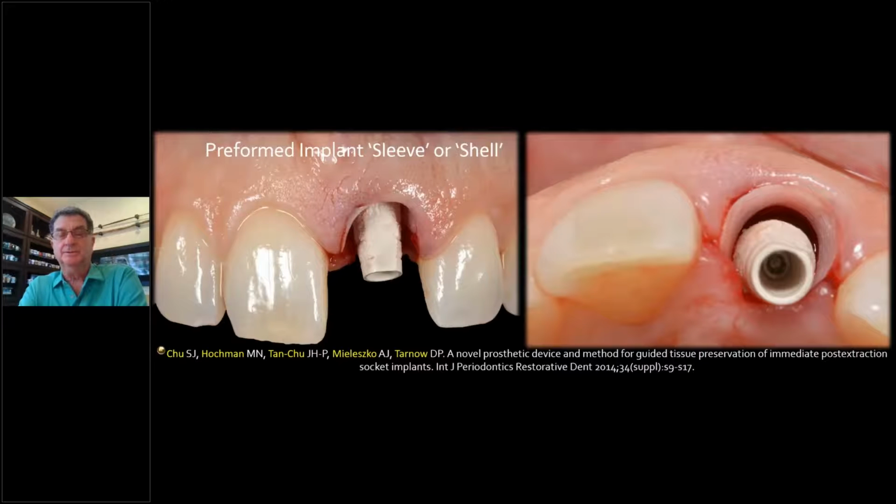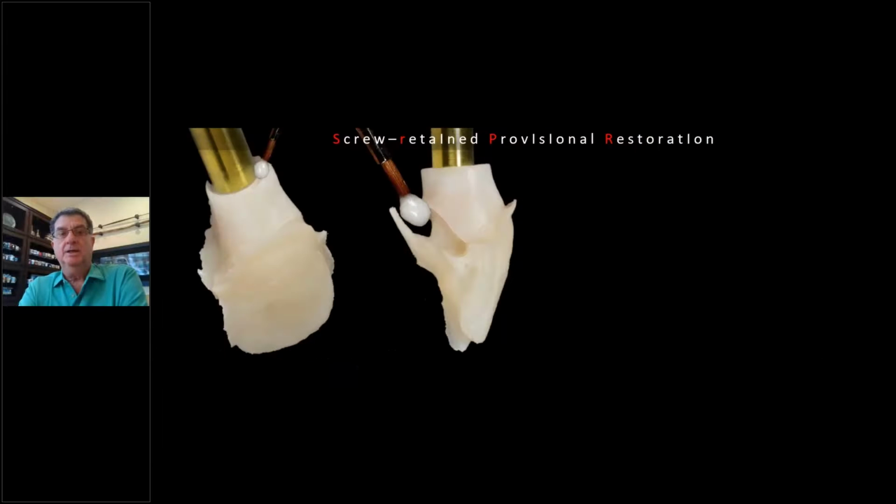And it goes in like this. Now it keeps the tissue from collapsing. See the opening? Now you can make your temporary. You can add some acrylic. You have your temporary shell made already, and then combine the shell to this and then fill in the voids. Take it out of the mouth.